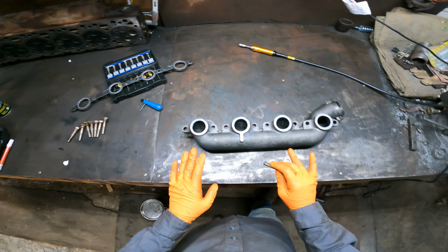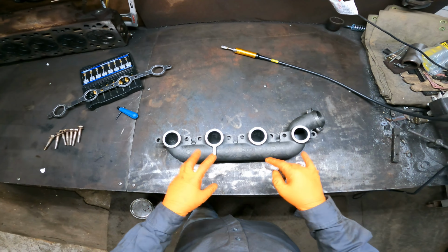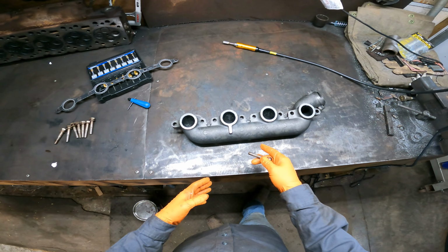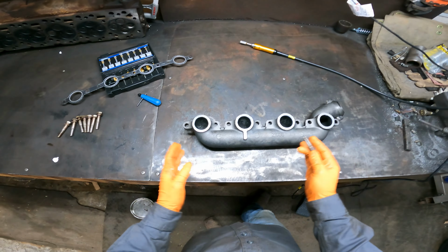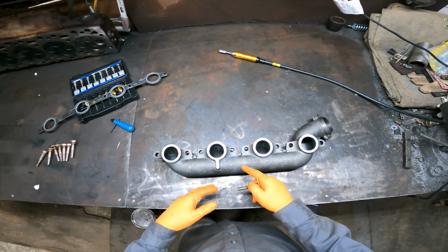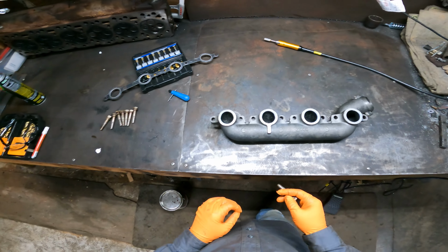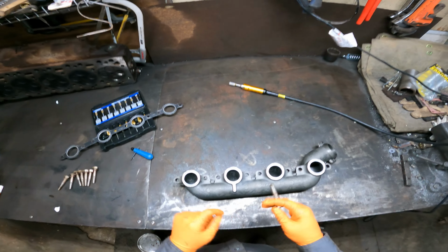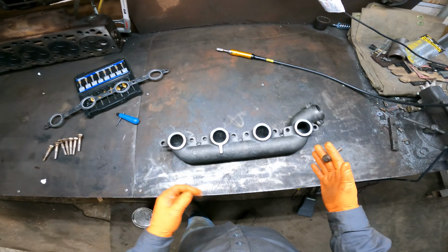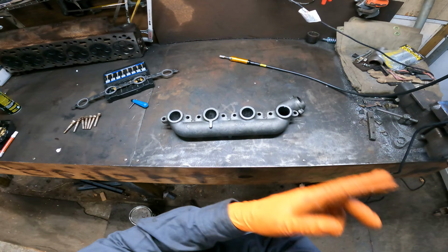And I mean, this is just my use case, my head, this manifold on this given day. This is what needed to be done to get this one right. So if you have one of these, yours might not be exactly the same, because every casting is slightly different, and you might have a totally different cast than this one. So this is one of those things where you're just going to have to take your time, be patient, and never be scared to just step back sometimes